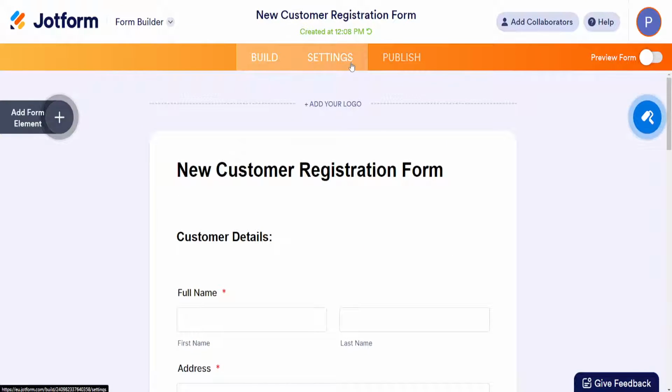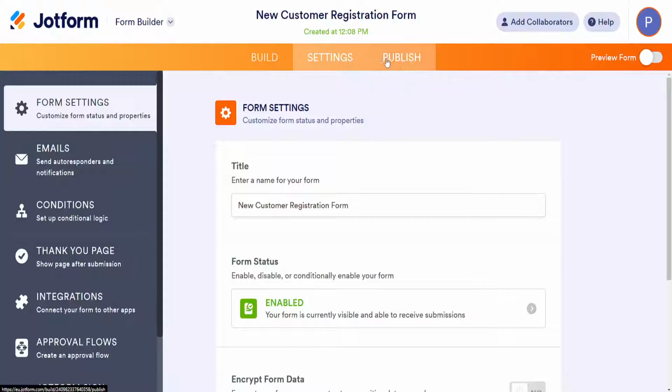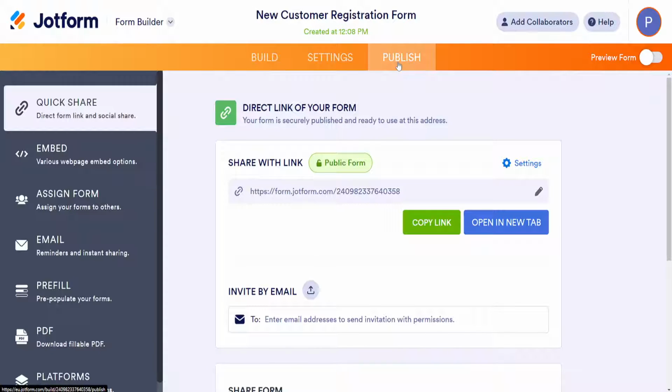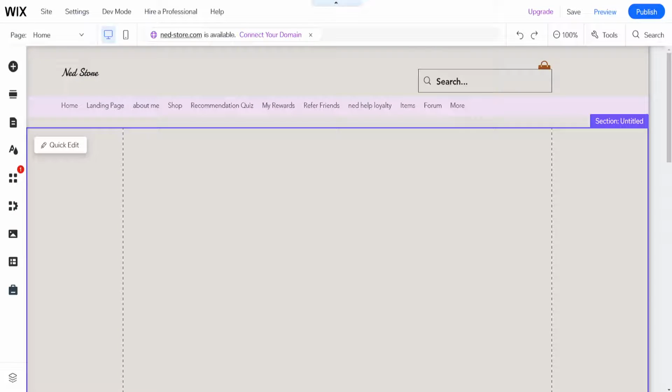We can change the settings, but what we actually need here is the publish button. So just click on publish, and this is the link that we want to copy. So just select copy link, and after we have copied the link here, we will go back to the Wix